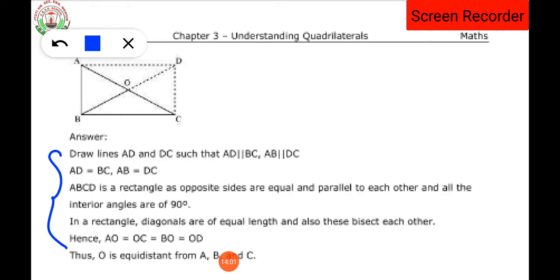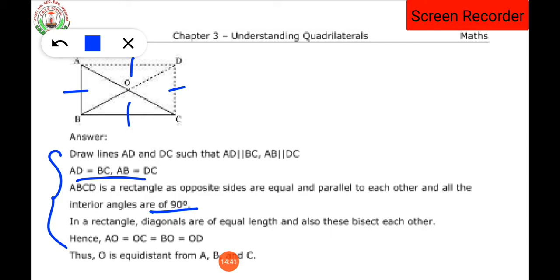Remember, in the last question of this exercise that we are solving, we are using all the properties of a rectangle one by one. Okay. First property is that opposite sides are equal. Second property is if their opposite sides are equal, that means opposite sides length will be equal. Third property is what? Each interior angle is of 90 degree. These are the three properties, and diagonals bisect each other at 90 degree. Here when the diagonals bisect each other, the angle formed is 90 degree, perpendicular bisected, isn't it?